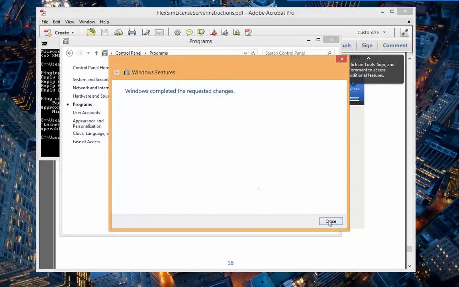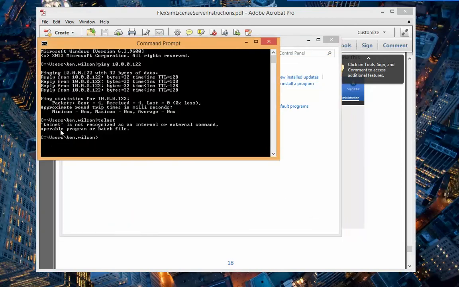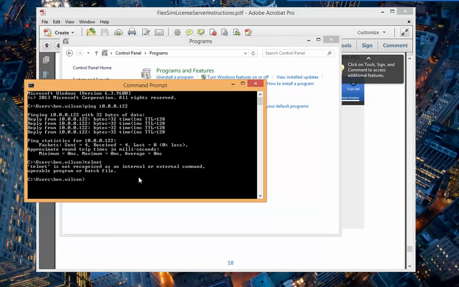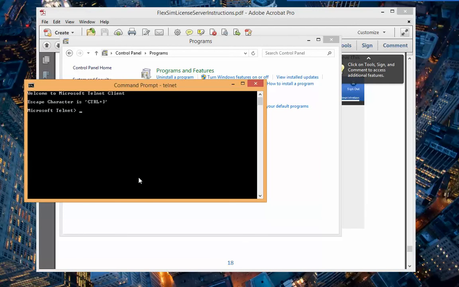Now Telnet is installed on my PC, so I can jump back here to my command prompt window, and Telnet should be available. There it is. I'm going to quit Telnet though and just do this from the regular command line here. The first thing I want to try, just to show you a bad example, is to Telnet into the server,